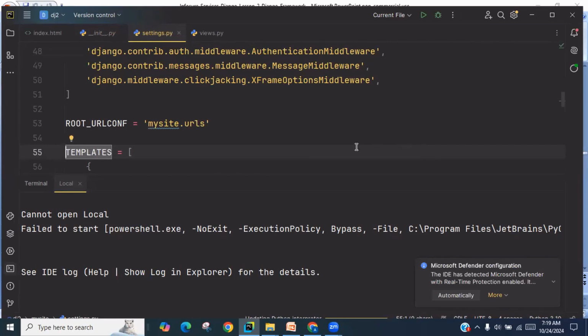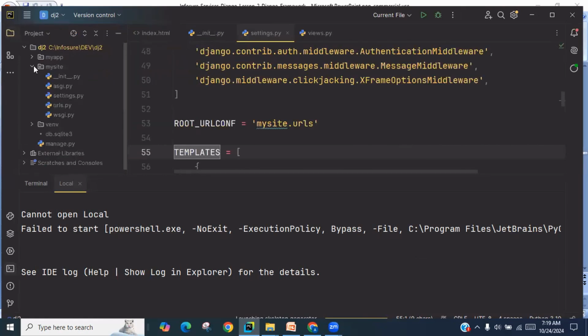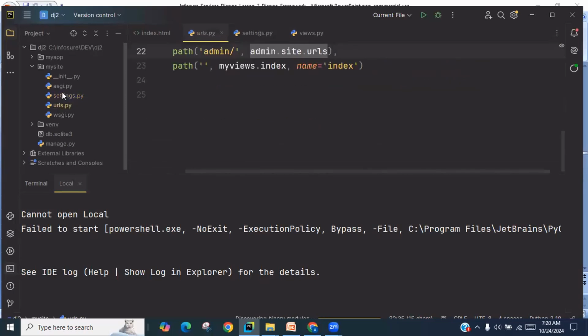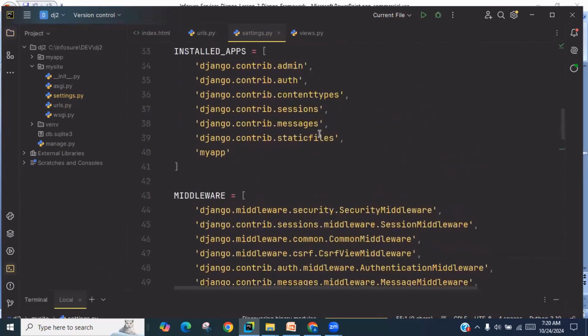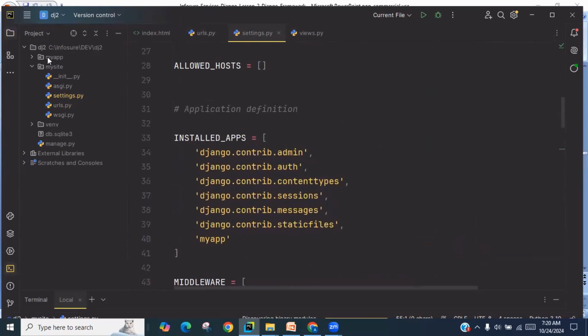Okay, so I just went to the folder structure here. I opened a project. There are at high level two things here. I told you there is my site, which is going to give you the administrative part. This is the default site for any Django project. You'll have settings.py and urls.py in that. So settings.py, I just opened that. In settings.py, for your own app, what you're creating, you will have to make an entry, but I want to bring your attention to not this,